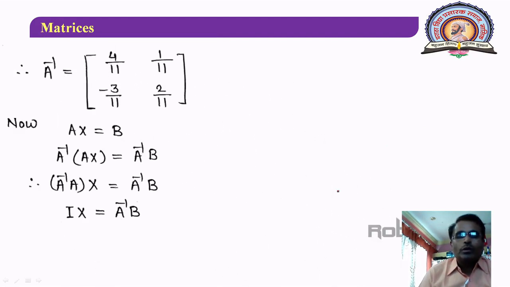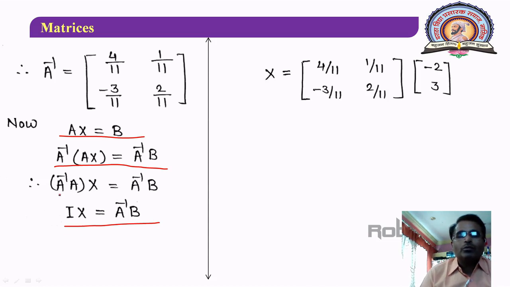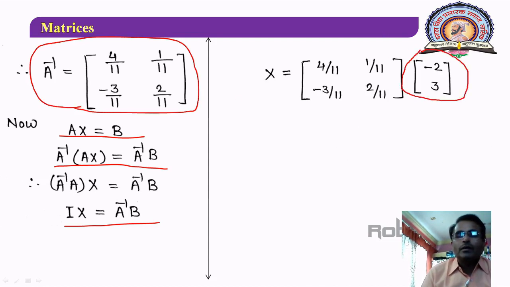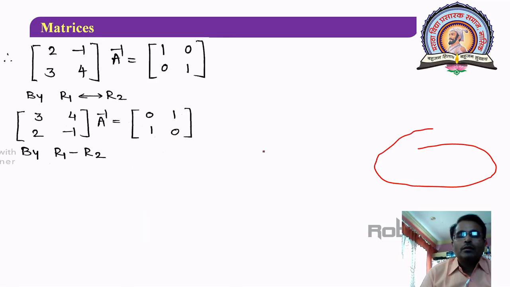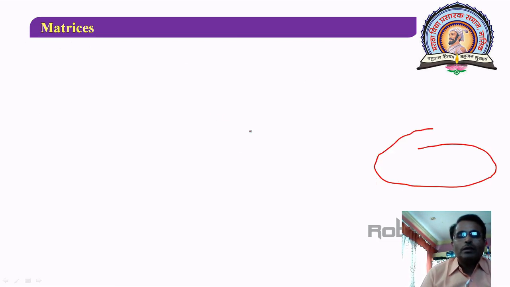Now we know that our system of equations is Ax is equal to B. Pre-multiplying by A inverse, you get the solution, that is x is equal to A inverse into B. Okay. So x is equal to A inverse into B. This is your A inverse. And B, that is the right hand side constants in this equation, are minus 2, 3. You can observe that this is your system, minus 2 and 3. So we are continuing in this way.